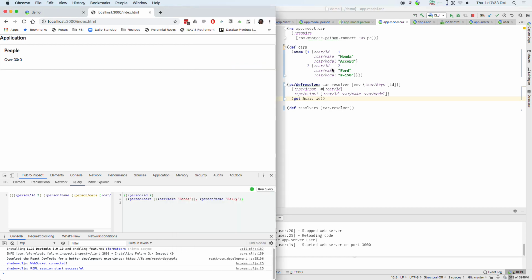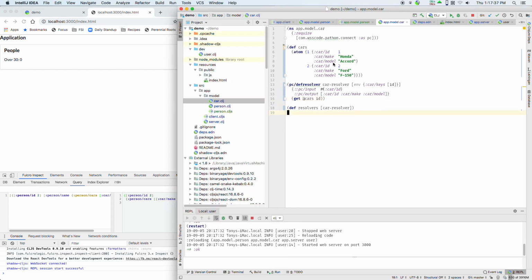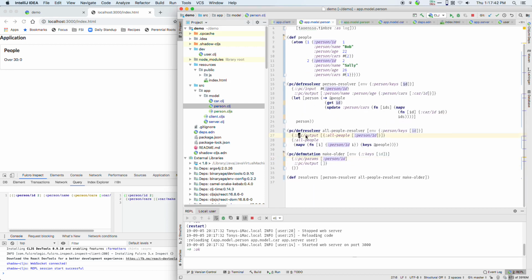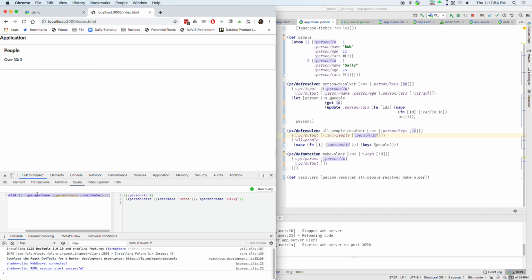Restart the server, rerun a query, still looks the same. Person resolver. So if you say that no input is needed, like this one said person ID is required, here we said no input is required, but we can output a join of all people to the person IDs. So this creates a root level query, or a keyword based query, I guess would be maybe a better way of seeing it. So I can ask for all people